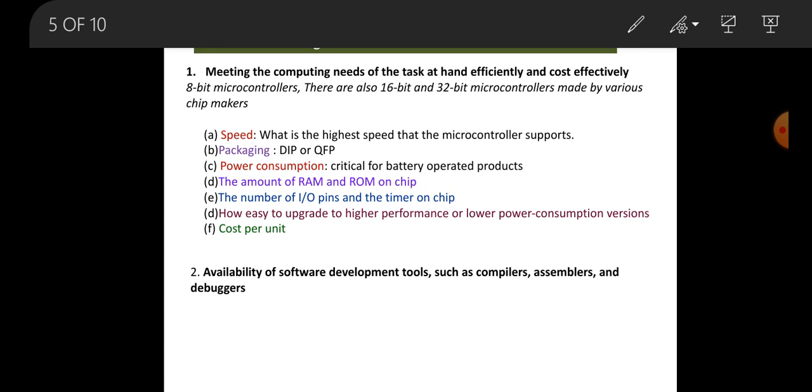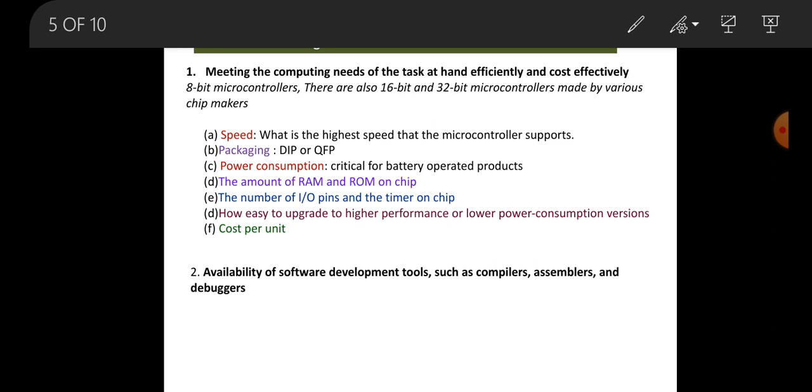That depends upon their word length, like 8-bit or 16-bit or 32-bit. So with all these features, as there are different manufacturers, the instruction set for each is different, plus they have different register sets, plus the word length is different, like 8-bit, 16-bit, or 32-bit. So with all these things, now the designer has to consider some criteria or factors for which microcontroller has to be chosen.